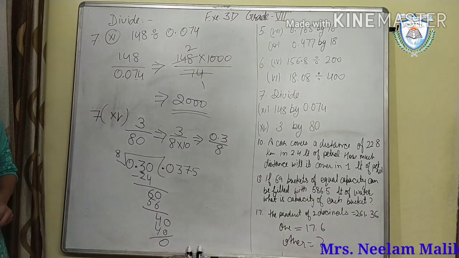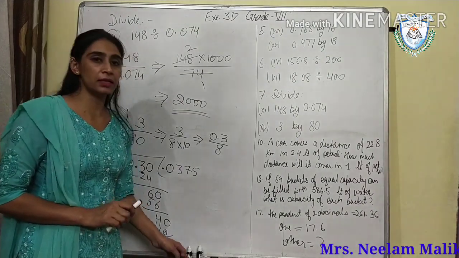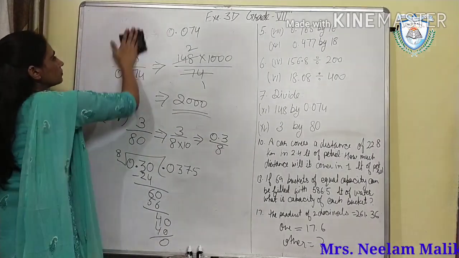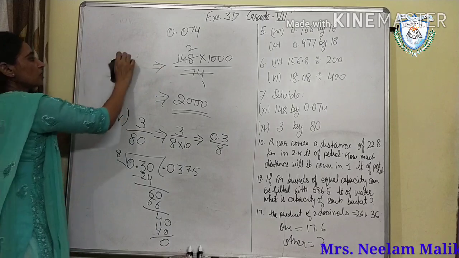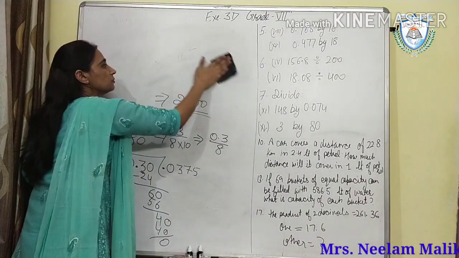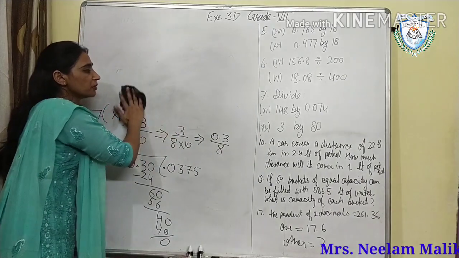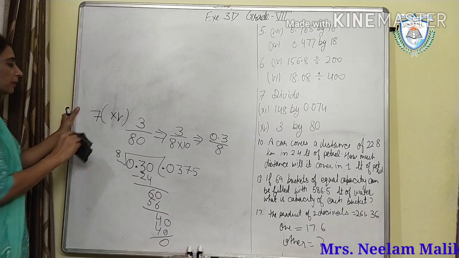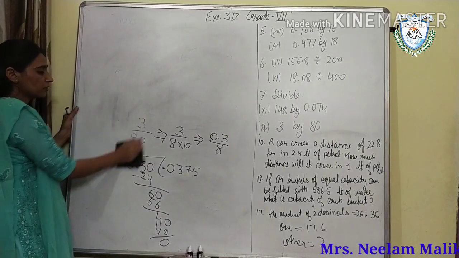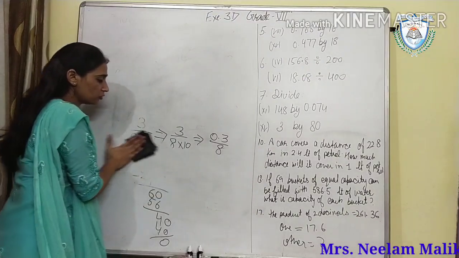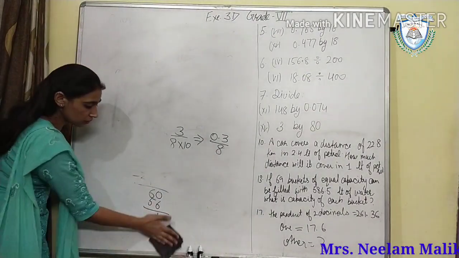Now we will do question numbers 10, 13 and 17. The remaining you will do on your own. In this complete exercise, you have to do only the division of decimal numbers. In all the statements, the price or cost is given for many things, and you have to find out that for one item. How will you find it? By using division.